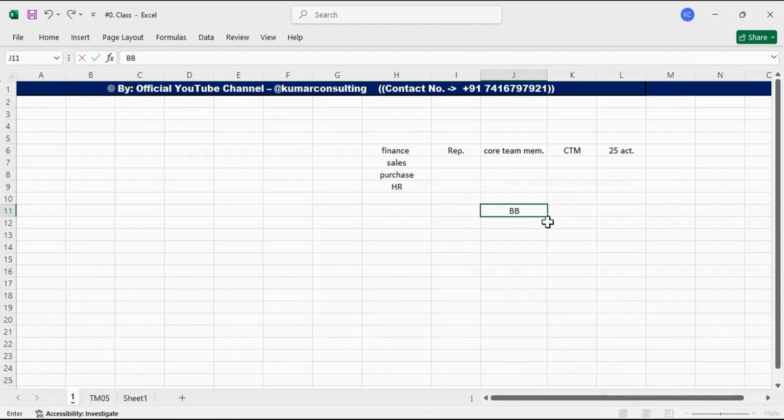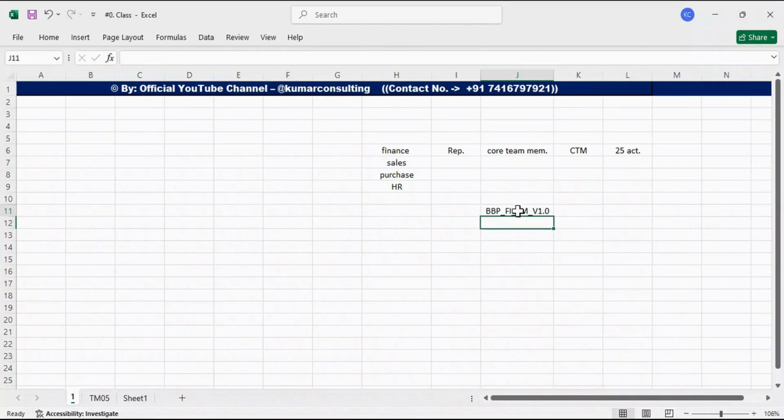Okay, so this is the business blueprint. For which module? FI, right? This is for Tata Motors. And then the version also we have to specify, guys: 1.0. Okay, so let's suppose this is rejected. So this is called